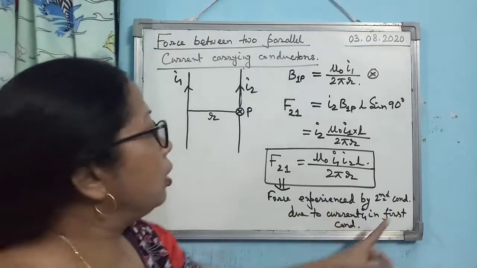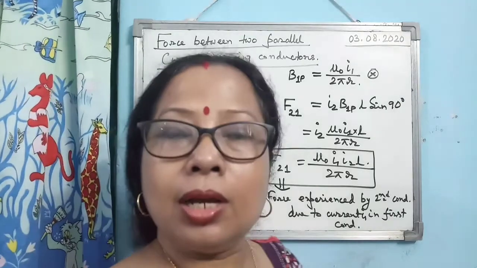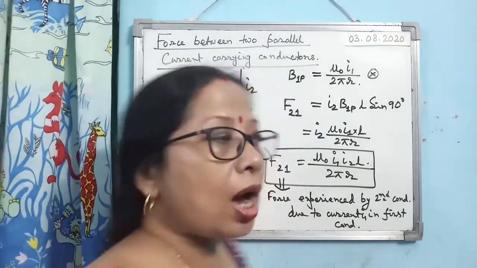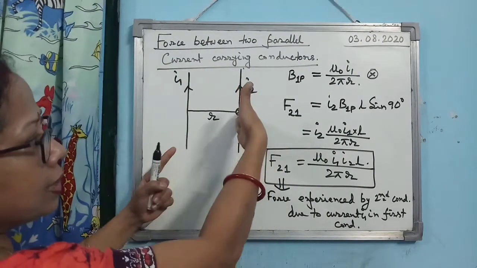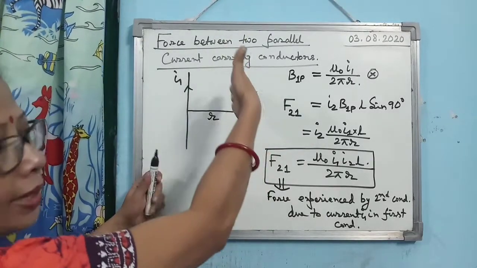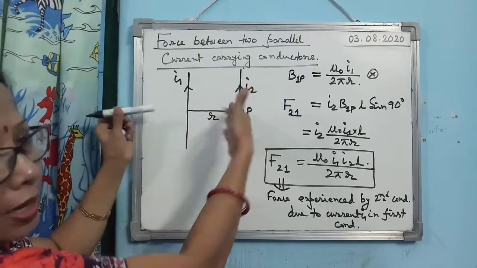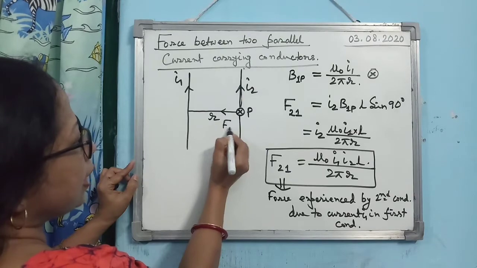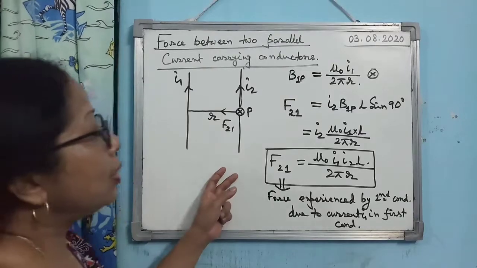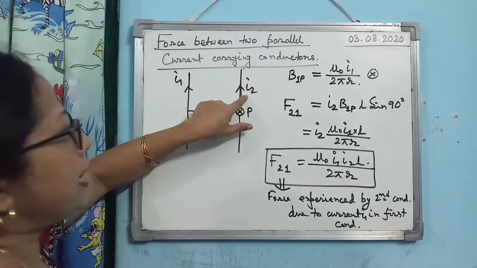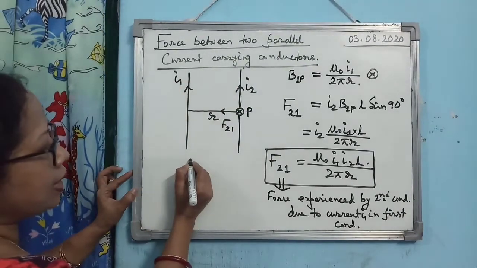Now the question will arise, what is the direction of F21? Again we will use the right hand palm rule, but right hand palm rule number 2. Magnetic field is in the inward direction, so my 4 fingers are in the inward direction. Thumb is in the upward direction. If I draw a force perpendicular to my palm, it is towards the left. So the direction of the force F21 is towards I1. Now we will find out, due to I2, what will be the force experienced by I1. So I am drawing it here.